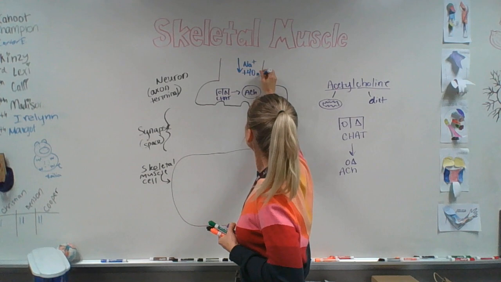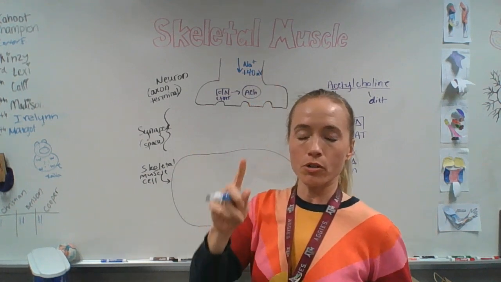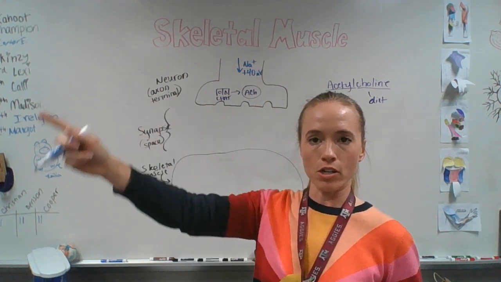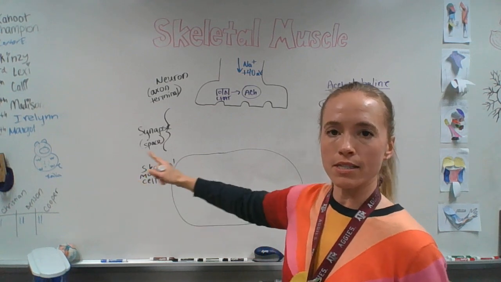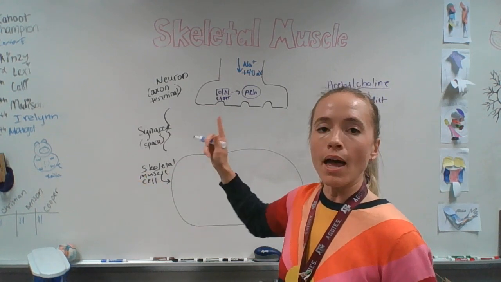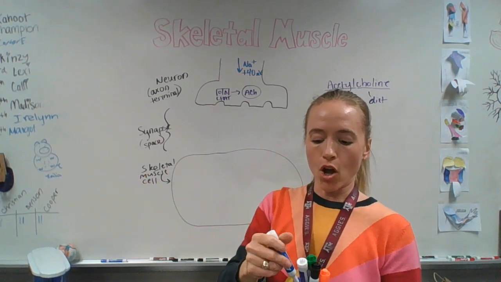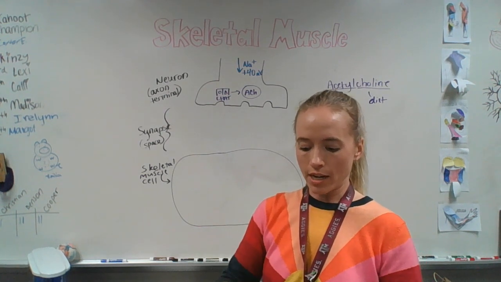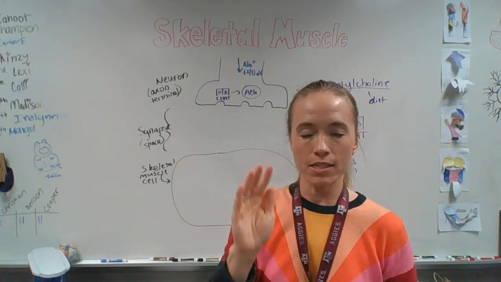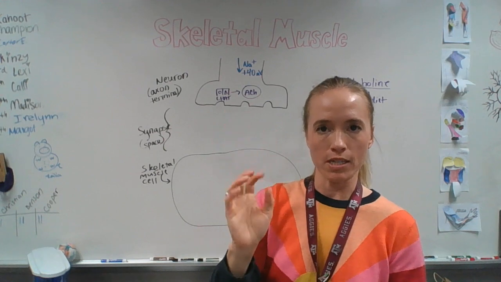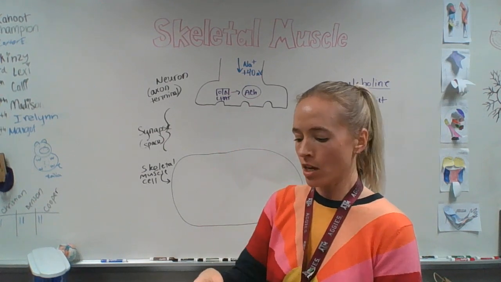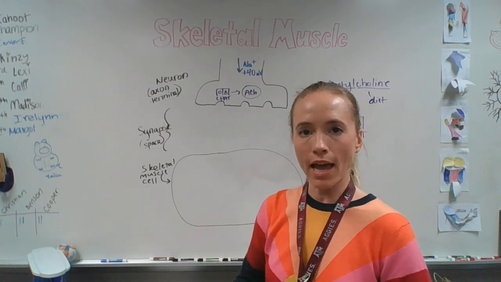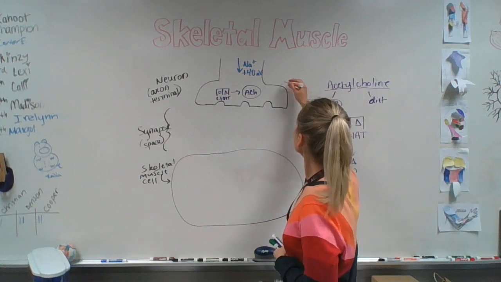And at positive 40, that's a very important number to know because we're going to see that same number when we get into the nervous system. We're also going to see the same number in the muscle cell. At positive 40, it opens a voltage-gated channel. What that means is the channel opens at a certain voltage, in this case, 40 millivolts. And the channel that opens is our calcium channel. So the calcium channel over here